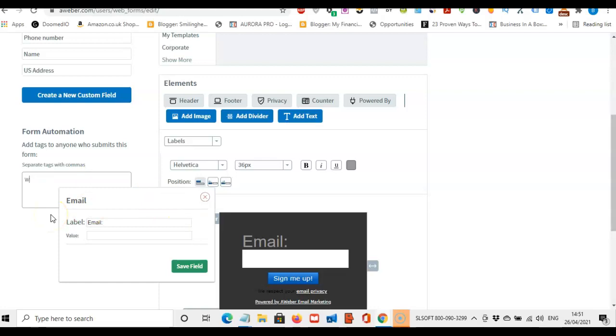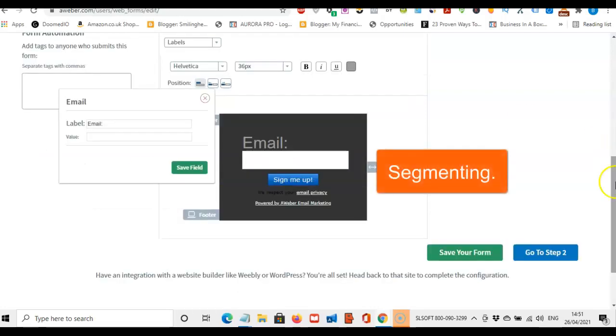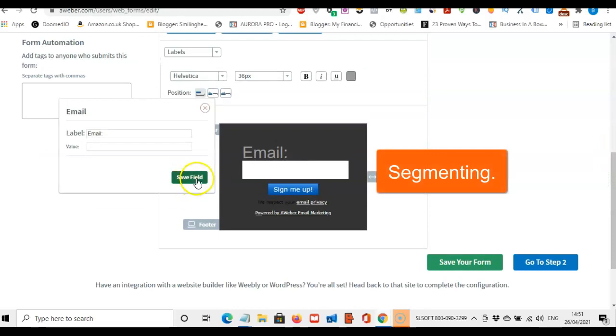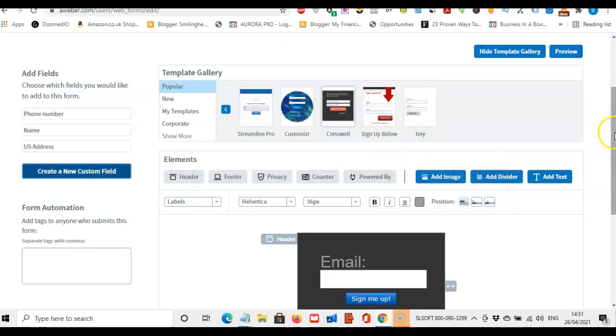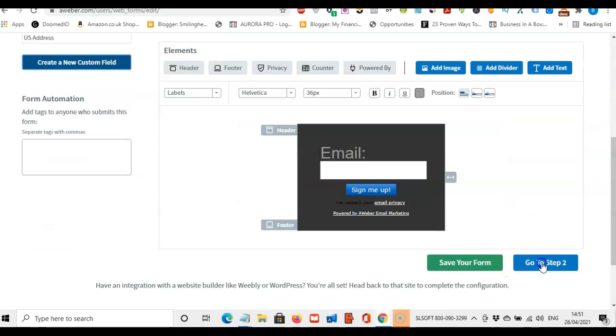Okay, so that's how you can tag, just so you know how these people came into your list, and that way sometimes you're able to market to them even more specifically. So let's leave this as that, save the field. Then we go to step 2,